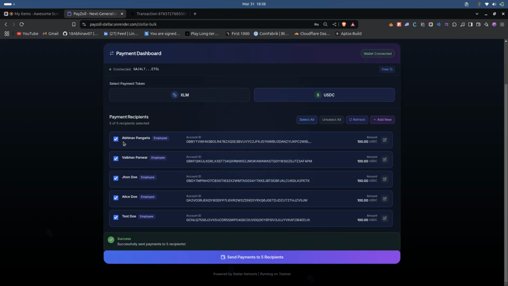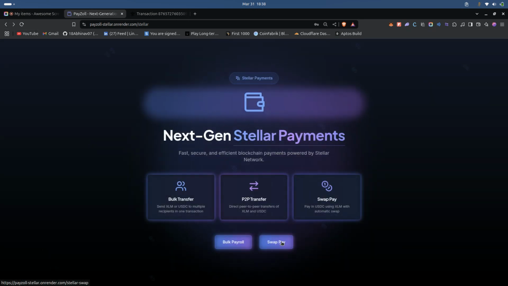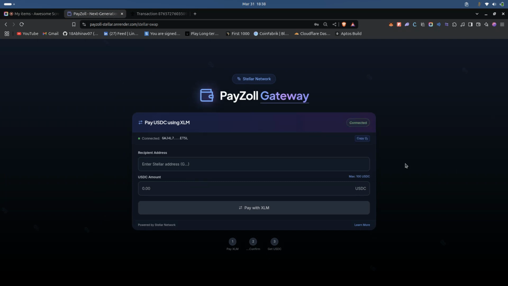Now, I'd like to move on to the USP of this product, and that is the swap based payment. Most of the times the recipients don't want the tokens that you actually have. Right now, I have lumens and I want to pay in USDCs, and I have to go through the hassles of going into exchanges to buy that token and need to find a trader to send those tokens, and there are a lot of hassles. But what you can do is sideline all those things and use Payzoll Gateway to directly transfer lumens, and the